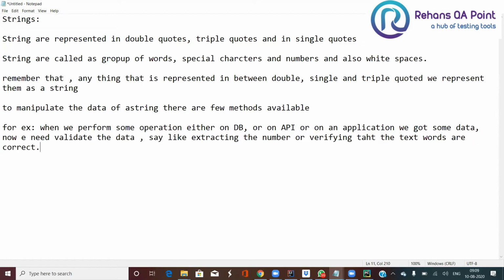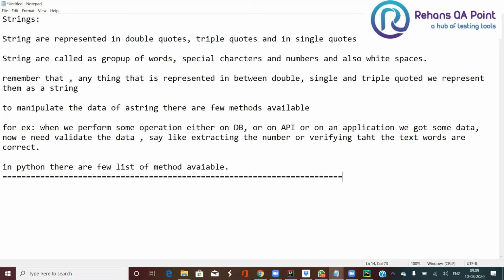To do all these kinds of operations, we need to use some methods, which is nothing but what is called data manipulation. So in Python there are a few methods available. Okay. So we need to understand each one of the methods that are available inside your Python strings.